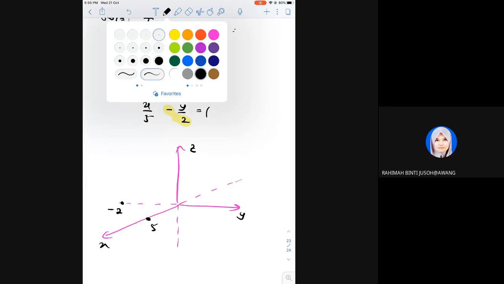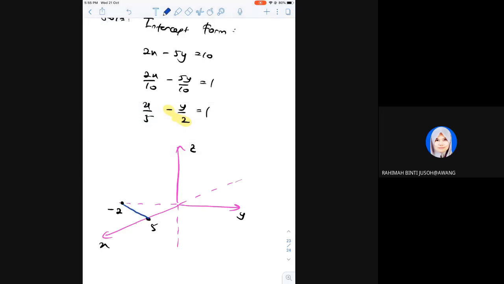2 titik ni, sambungkan dia macam tu. Okay. Alright guys, dalam equation ni, you tak ada apa dalam equation ni. There is no Z. Dia tak ada Z. Yes, good. Okay, so bila tak ada Z, they should be parallel